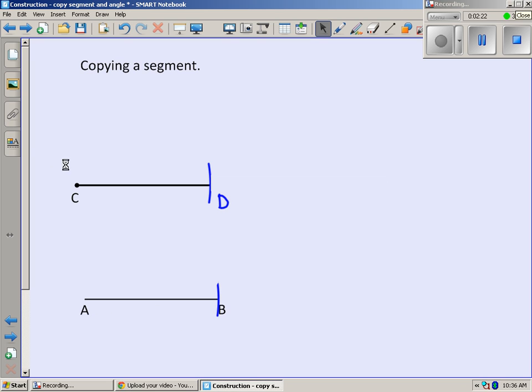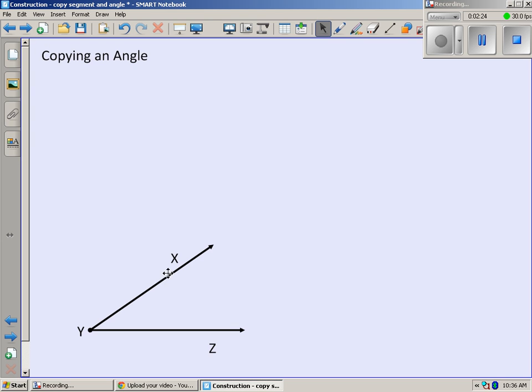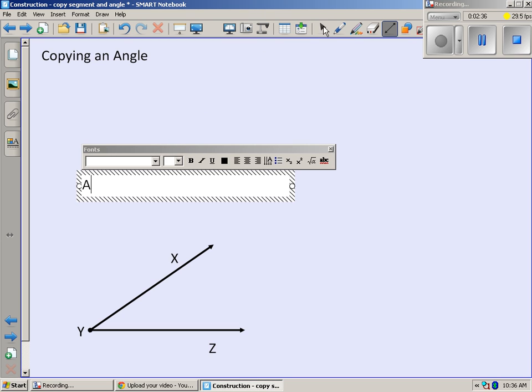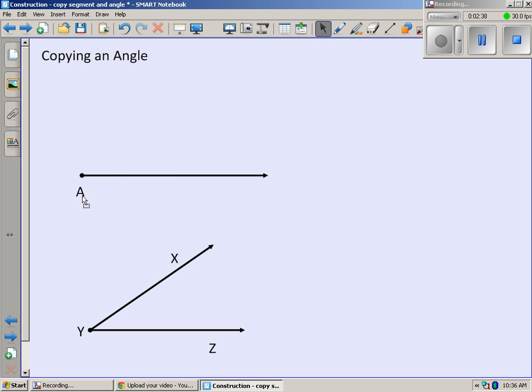So then, it's a little bit more to copy an angle, but we start out the same way as we did with copying a line segment, and we start with a ray. So I draw a ray, and I'm going to label the starting point. We'll call it A, and so there's my starting point. And so I get my compass out again,